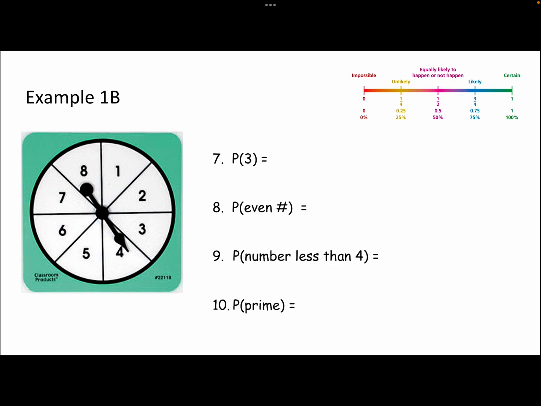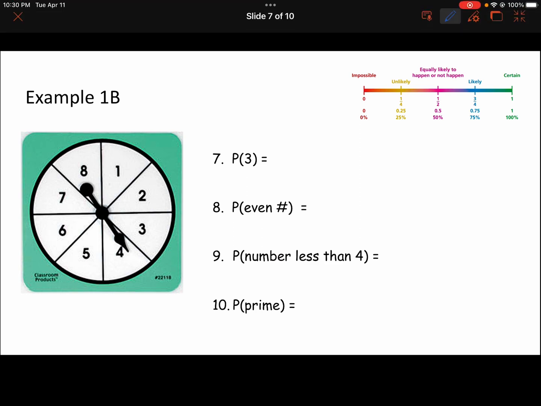All right, go ahead and flip over to the next side, and we are using a spinner this time. This spinner has numbers 1 through 8 on it. This is asking me for the probability of getting a 3. Okay, there is 1, 3 on here, so 1 out of 8. So a lot of similarities, because we had 8 letters on the last problem, and now we have 8 numbers. We divide, 1 divided by 8 is going to give us 0.125, which is